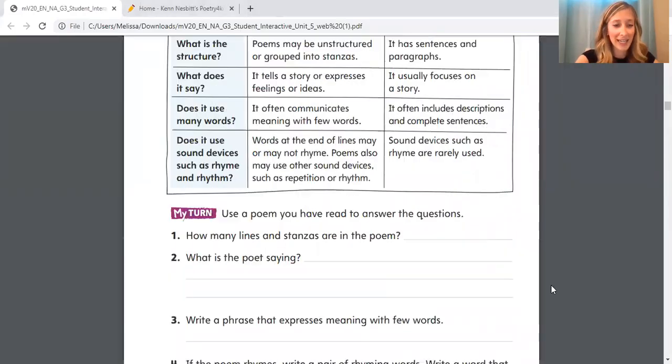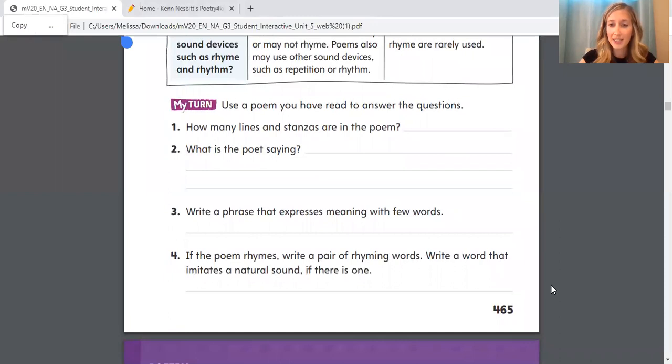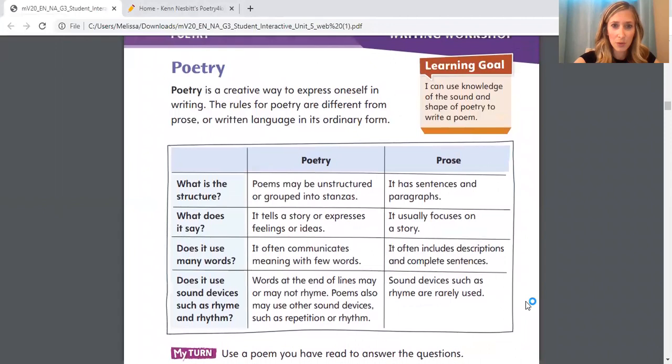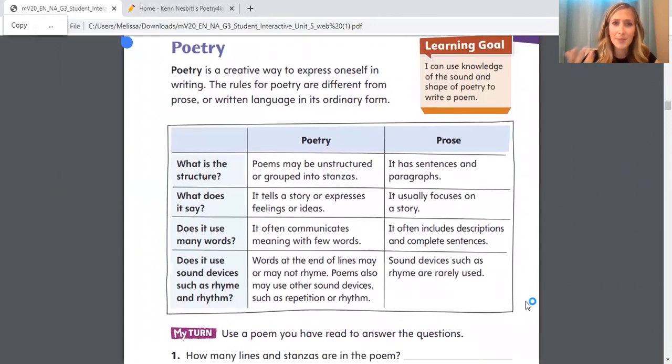We are going to begin, like I said, on page 465. Today we'll be talking about poetry and the difference between poetry and prose. And what is prose? Poetry is a creative way to express oneself in writing. The rules for poetry are different from prose, or written language in its ordinary form. So when you read an informational text or your favorite novel, that's prose. Poetry is completely different. Of course, it's still written language, but there are some very identifiable differences